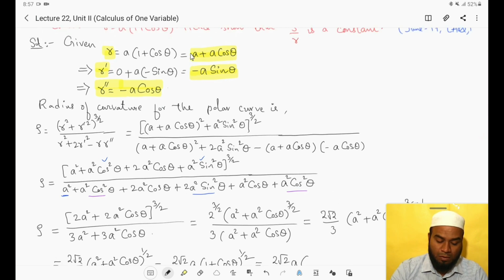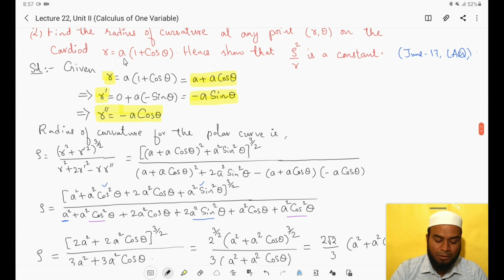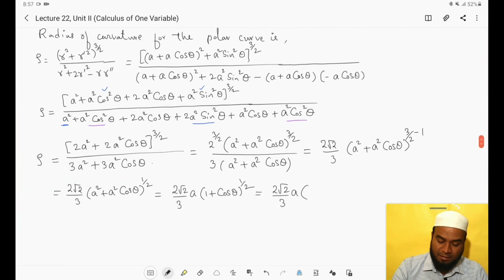You see this 1 plus cos theta. 1 plus cos theta is nothing but r. You take this a this side, so r by a. 1 plus cos theta equals to what we will get? R by a. So let us substitute that r by a here. What will happen? 1 plus cos theta equals to r by a, right? R by a whole power 1 by 2 is there,